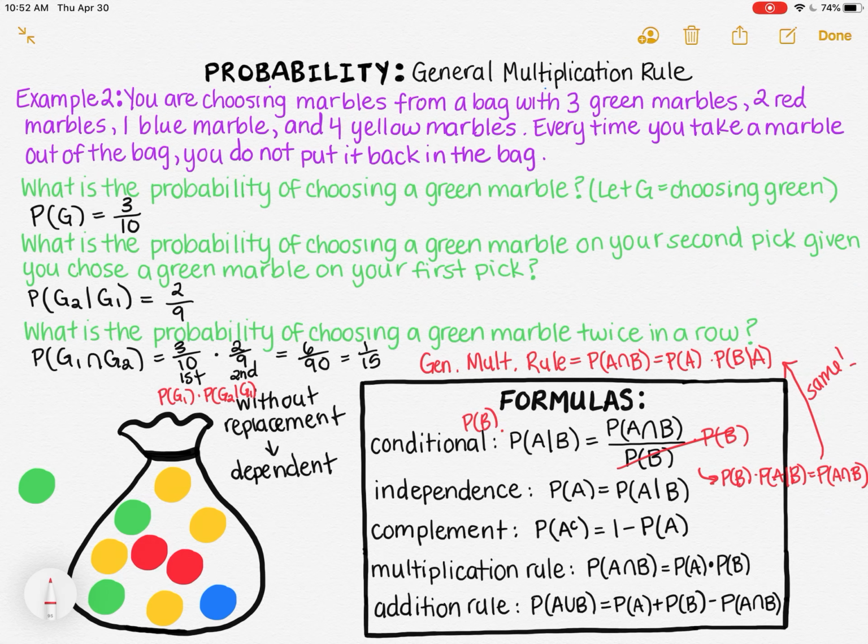So now you know that whenever you're trying to find a probability like this of two things happening in a row, you multiply